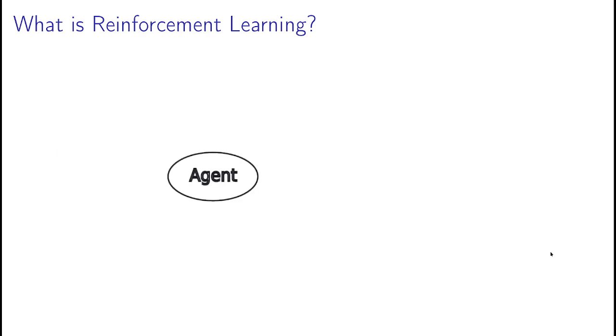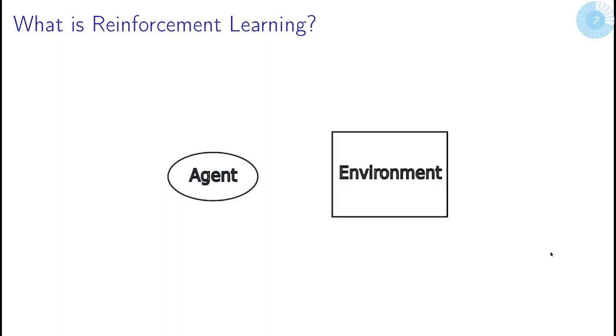First, we have an agent. That can be the machine that's supposed to learn. Then we have an environment in which the agent tries to learn, and the agent does some action on the environment. There can be some change in the environment due to the action, which the agent observes as the feedback of the action. The agent keeps doing this until it achieves the goal. This interaction between the machine and the environment is this action feedback combination. This is the machine's experience of the environment.